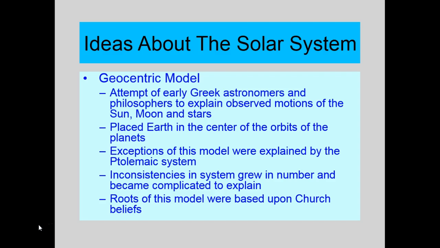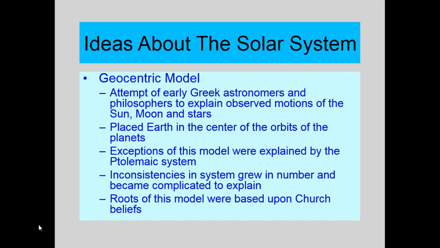Okay. That we were the center. Geocentric. Geo meaning earth, center of the universe. Attempts by the early Greek astronomers and philosophers were made to explain the observed motion of the sun, which seems to go around us, the stars, which seem to go around us, the moon, which actually did go around us, but quite differently from the sun and stars. That worked. Place the earth in the center of the orbits of the planets, which didn't work too well,